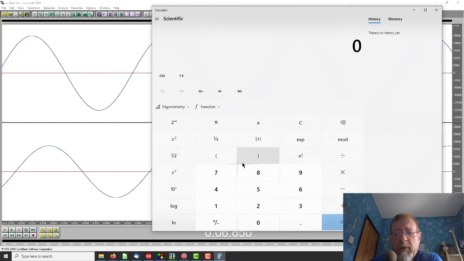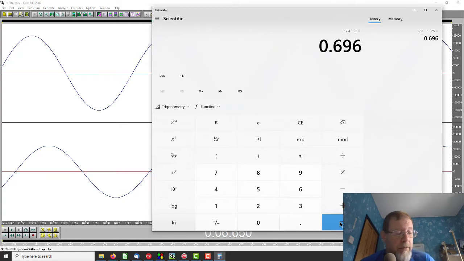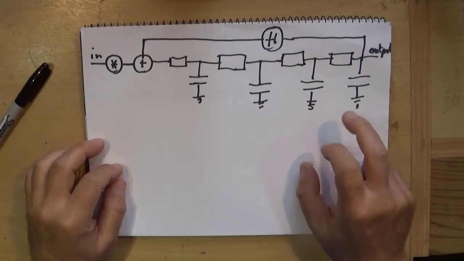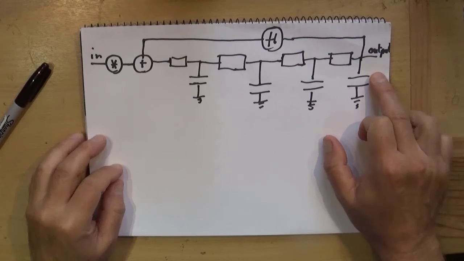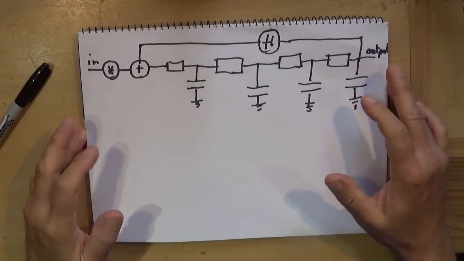Okay, so let's check what that attenuation is. It's 17.4 divided by 25 equals, we'll call that 0.7, shall we? Near enough. So at the particular frequency we just considered, which is incidentally the cutoff frequency,